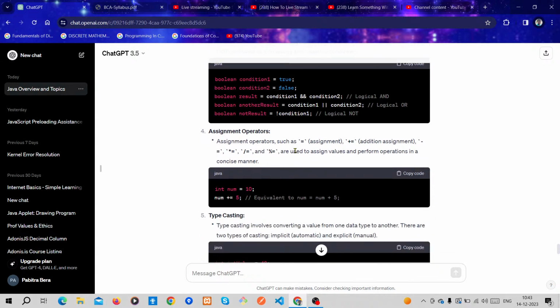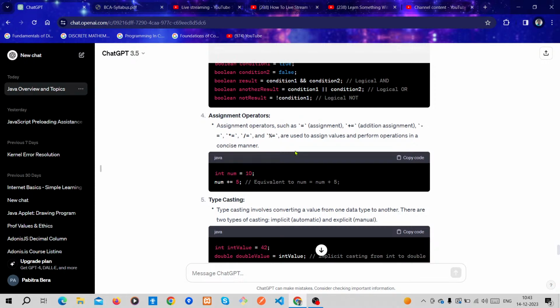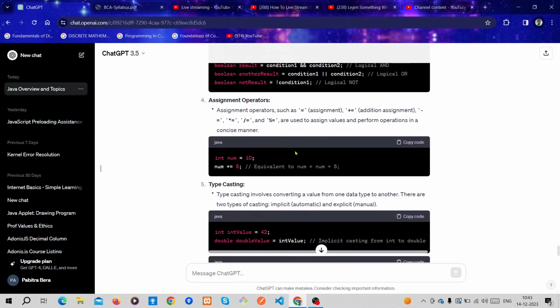Then the assignment operators. What are assignment operators? Assignment operators such as assignment, plus equals for addition assignment, minus equals, multiply equals, divide equals, and modulo equals are used to assign values and perform operations in a consistent, concise manner.